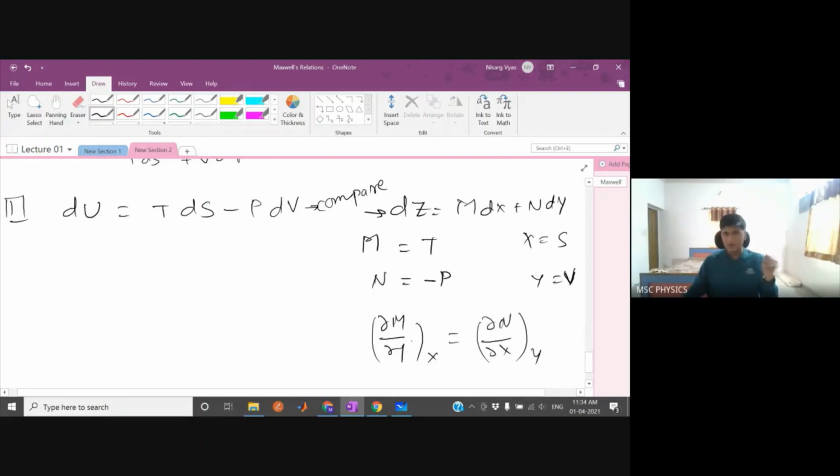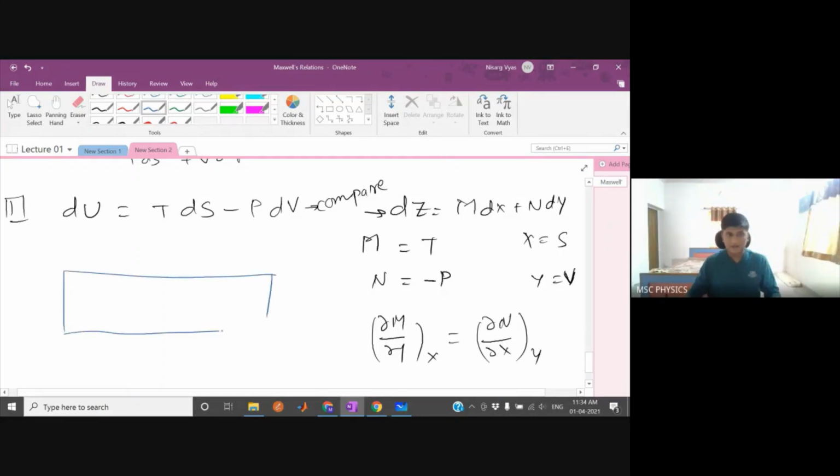So if this is what we proved, how to directly apply it here? Can anybody help me writing this equation? Since this is the first equation, let me write it. This is the first Maxwell's relation. I'm already putting it in a box. This is exceptionally important for your competitive exams. In my time when I was appearing for the IIT JAM exam, they directly asked one of these 4 Maxwell's relations: which of the following is not a Maxwell relation, or which of the following is a Maxwell relation. You can understand the importance of these relations, because they are tremendously important.